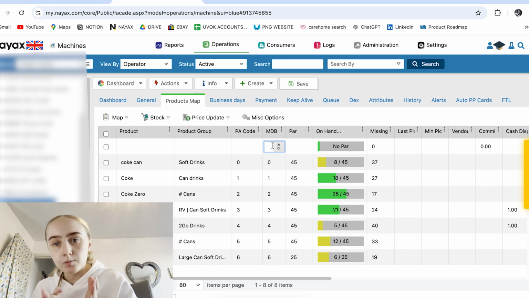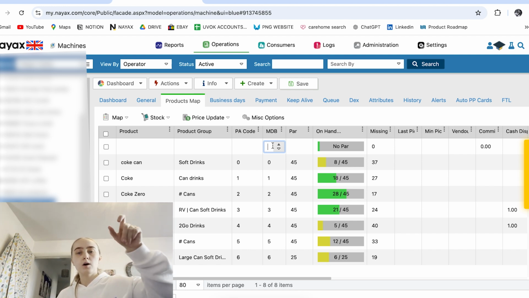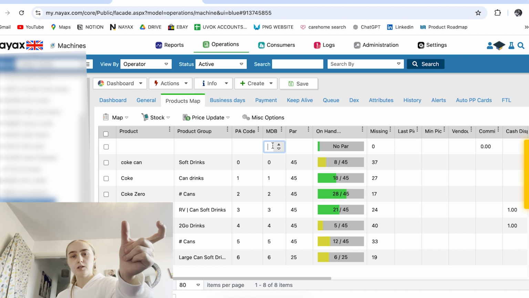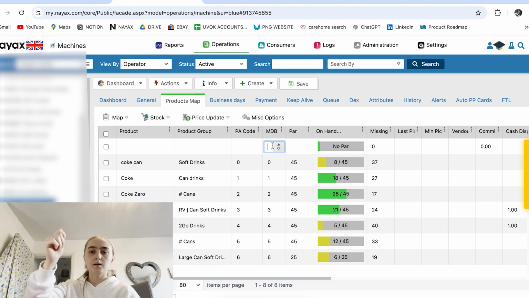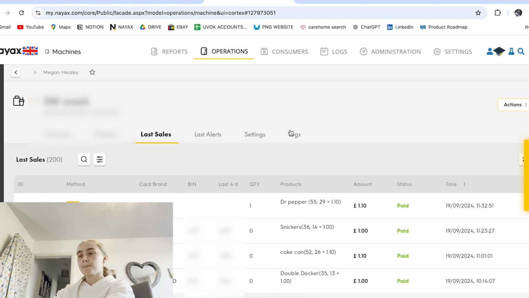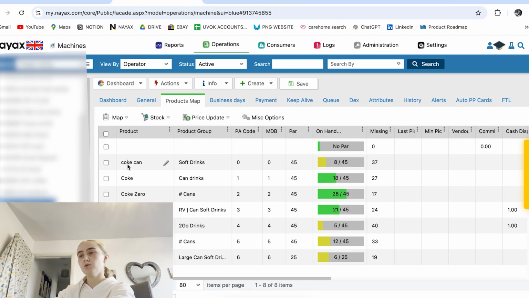So what you do is you put an item in that one selection that you want to test the MDB code for. So you test it, as in you pay for it and it comes out, and then just give it a few minutes, and if you go to your last sales, this is a different machine, it's just an example. This would say, again, if we was using this example of the Coke,